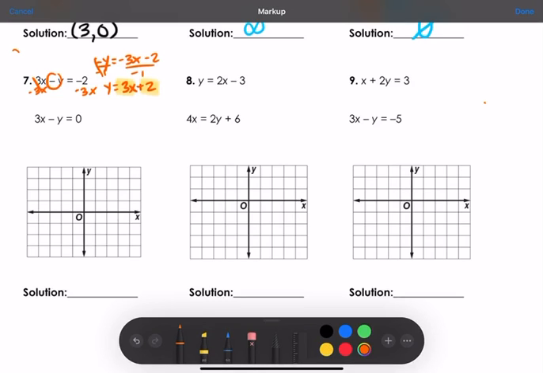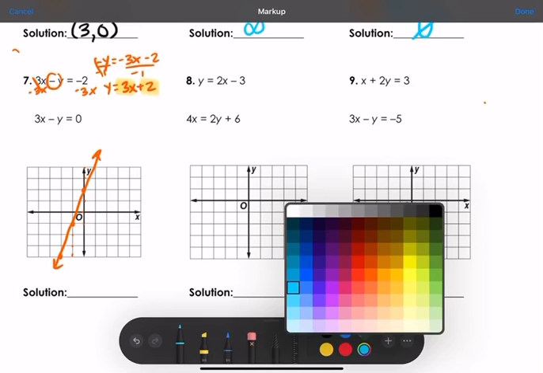I'm going to go ahead and graph that. Intercept at 2, a slope of 3 is going up 3 over 1, which is off the graph. If I continue that pattern, I'm going down 3 over 1, down 3 over 1. My second line,